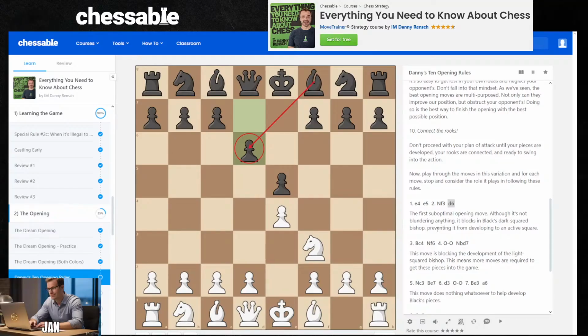And it's preventing it from developing to an active square. Okay, so bishop c4, the most active square for the white bishop, or light squared bishop. Knight f6, getting ready for castling. I always say cancelling, but that's totally wrong. So ready for castling,